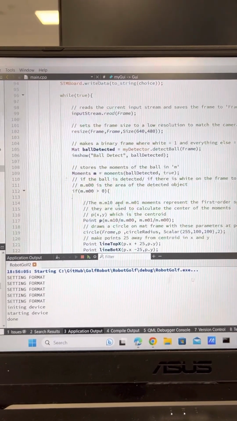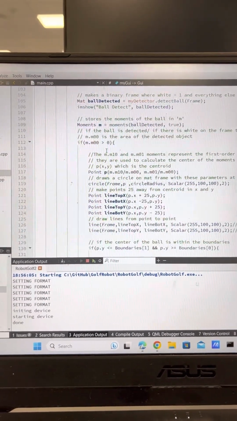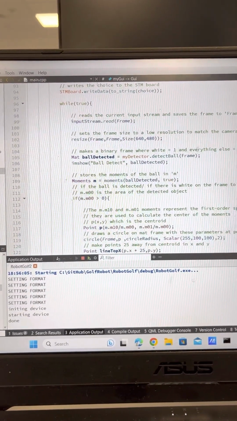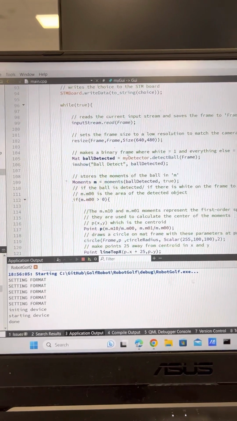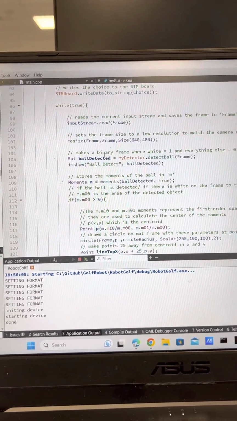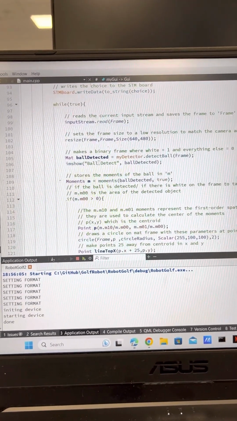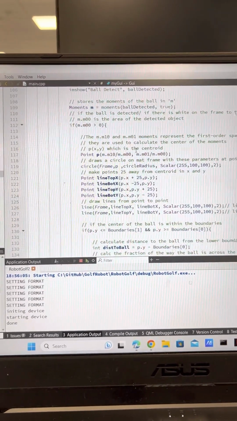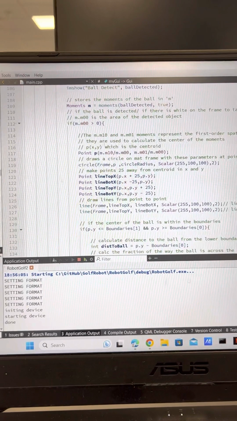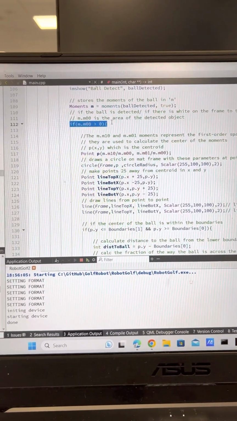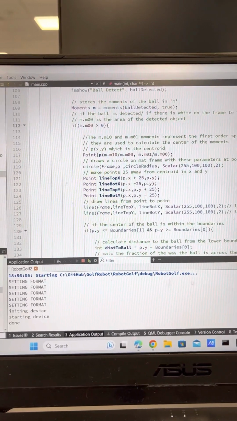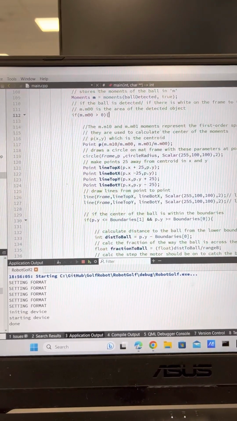Choice 3 basically uses the bool detect. It resizes the frame to 640 by 480, so I have a higher FPS. It detects the bool, has the bool detect frame, and then uses moments to work out the center of gravity of the bool. So this is saying if there are moments on the frame that I'm looking at, create a point,